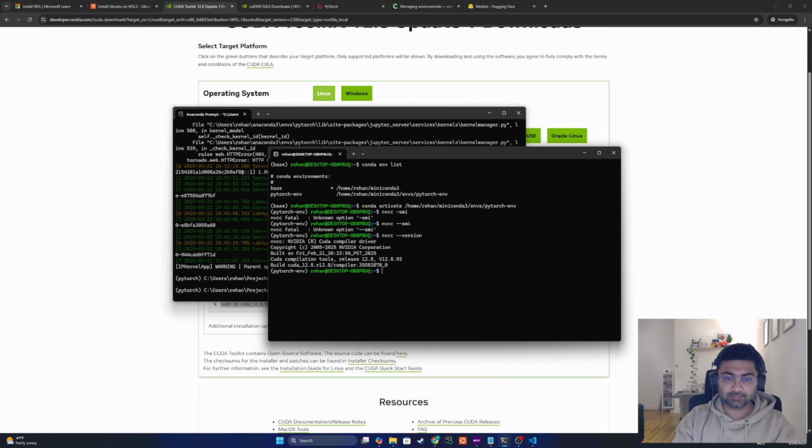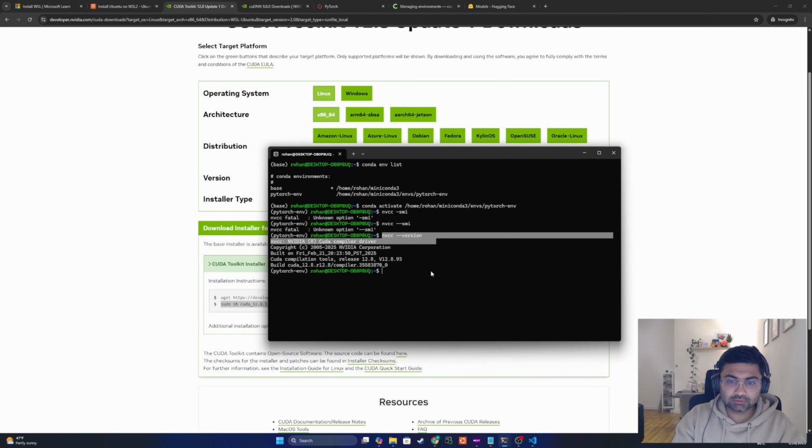Once you have set it up, you should be able to run the version command. If you run this, you should be able to see the version of the CUDA that was installed. So for me it's CUDA 12.8, right? And that is good. So we need this one. Okay,